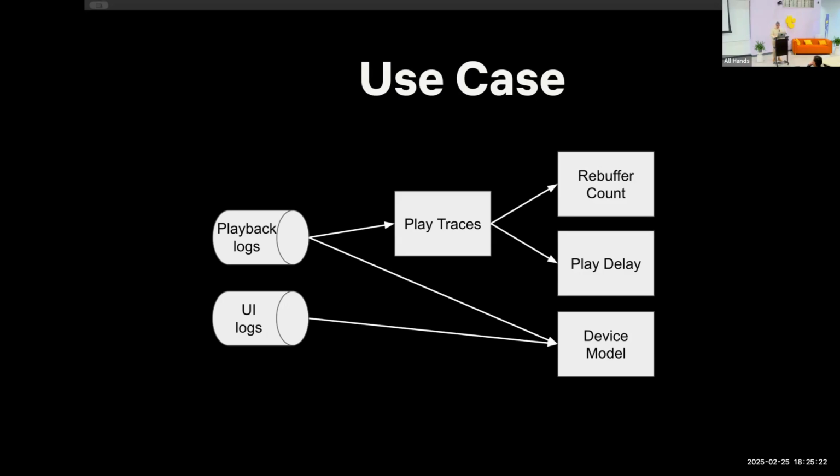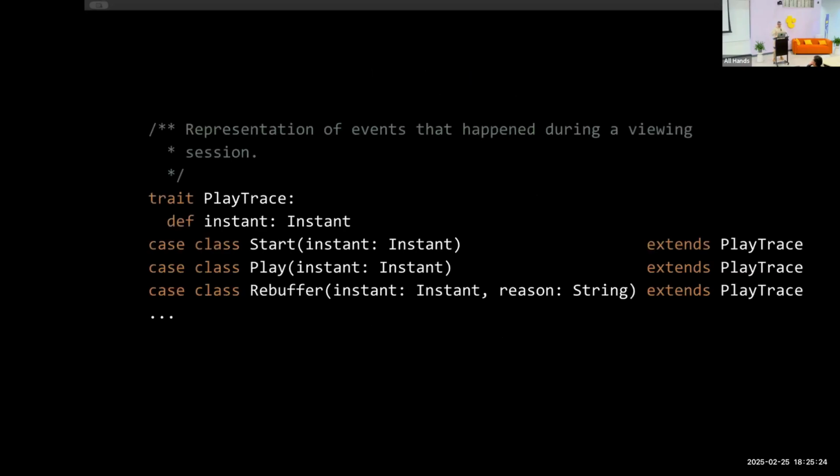All right. So let's just define some models. I massively simplified everything, but play trace is going to be a trait. It's going to have an instant of when the play trace happened. And so basically, throughout your viewing session, it's going to monotonically increase. And so you have different implementations of it.